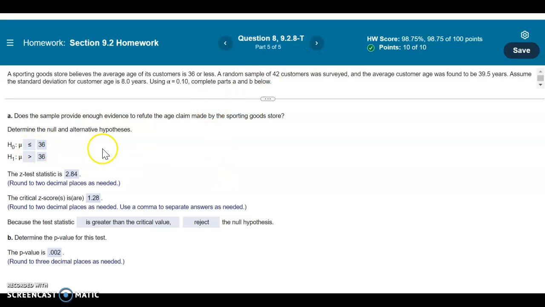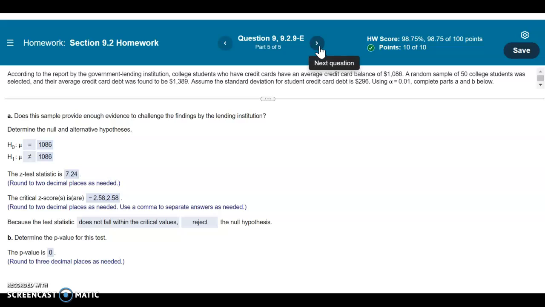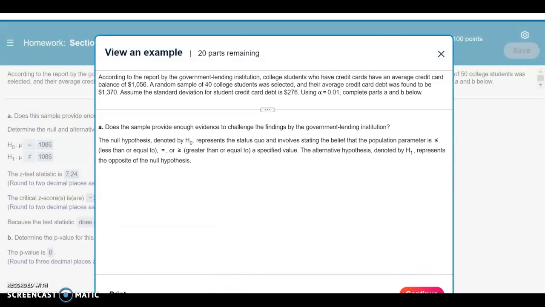Okay, question 8. It says that the average is 36 or less. So that means less than or equal to 36. That's how we got our null. So the opposite of that would be greater than. And then you just go through the steps like we discussed. Okay. Question 9. Question 9 is basically the same thing, but they do show you